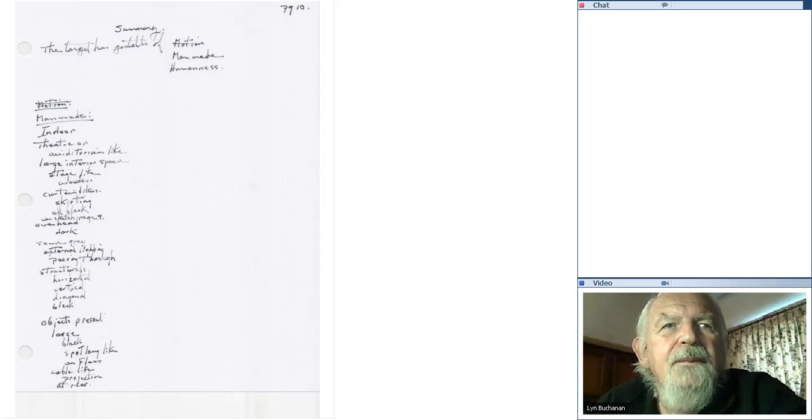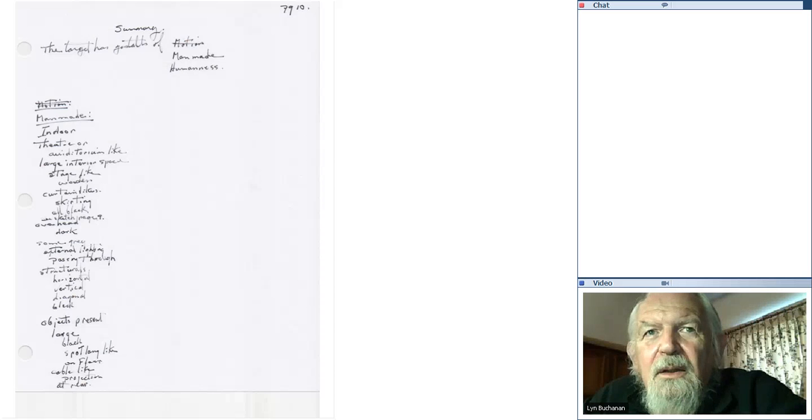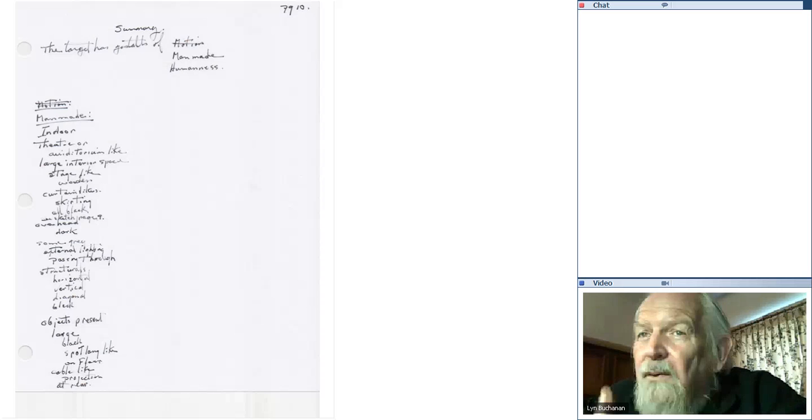Okay. Summary, good. Here you go. The target has motion, and he's crossed that out. Now, when you write your summary, you write it at the end of your session when you have really good sight contact. And at that time, if you say, I know I said there was motion, but I don't think that's there anymore, fine, you just cross it out. You don't report it. All you do is you go back through your session and you look and you say,